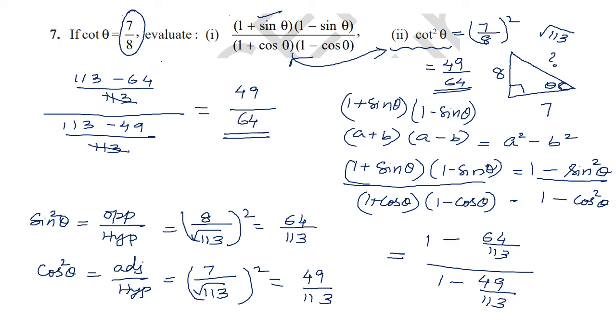Do you understand? How these two are becoming the same, you'll be learning it further. When you do it, looking at it, you will know, oh, this is cot square theta only, because you'll know 1 minus sine square theta by 1 minus cos square theta. All those things you're going to learn. This is fun. Okay. Shall we move on to the next one? Are you doing it, children?